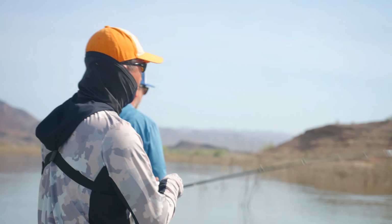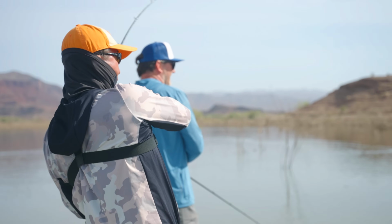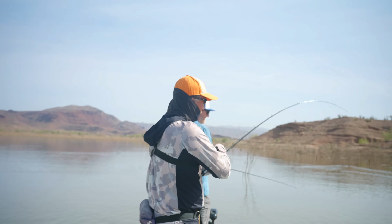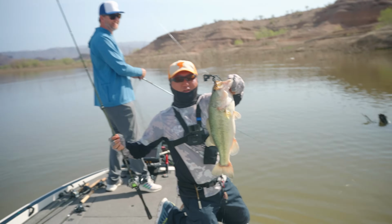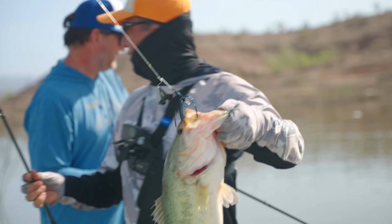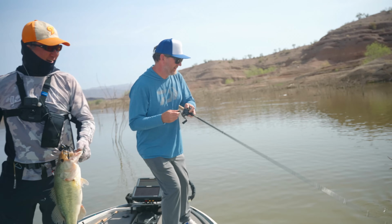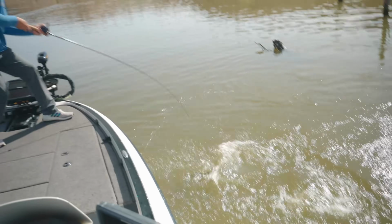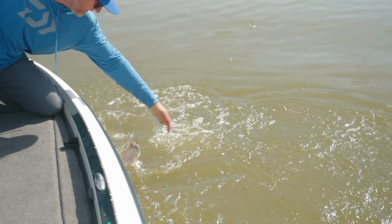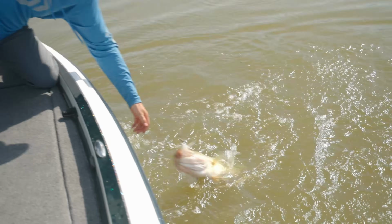Okay. As far as gear goes, right? We've been using the new Teckel rod. Even though this is the Frog Game Special by Teckel, it's built to be a power fisherman's dream come true, right? So it could do swim jigs, spinnerbaits. Also the Bladewaker, it works great because it's nice and soft. But really what you guys want is you want a rod that has a little bit of give in it, right? So anytime you're throwing just this straight kind of bait, you want a little bit of give,